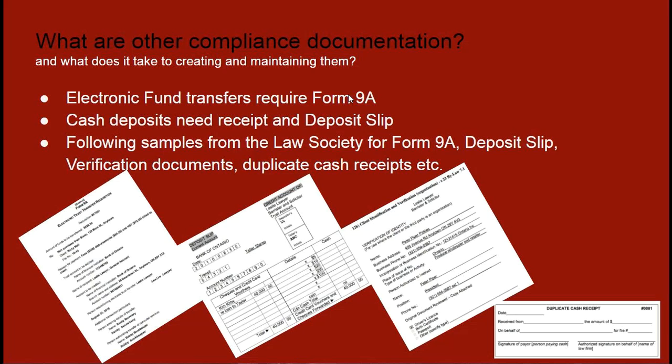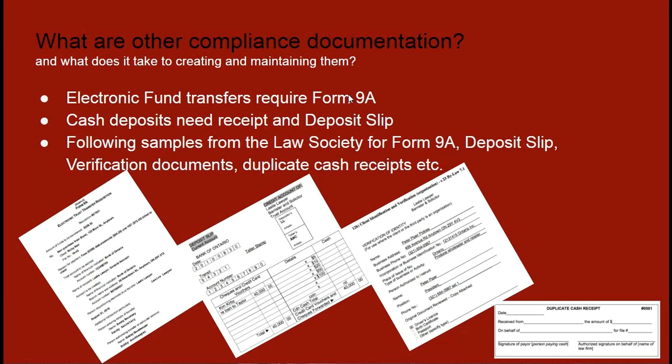For example, if you're doing a trust transfer and money is leaving that trust account into, let's say, your general account, and if you're transferring that electronically, so you log into your TD Bank or RBC, CIBC, credit union online banking account, and let's say you just move this $565 worth of fees from the trust account into the general account by just transferring it electronically, then for each of those transactions, it's important that you have a Form 9A, which captures